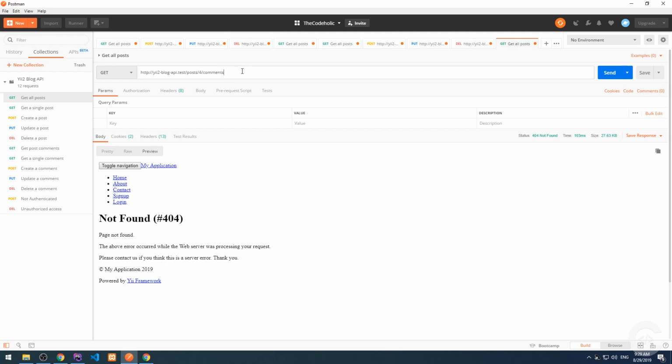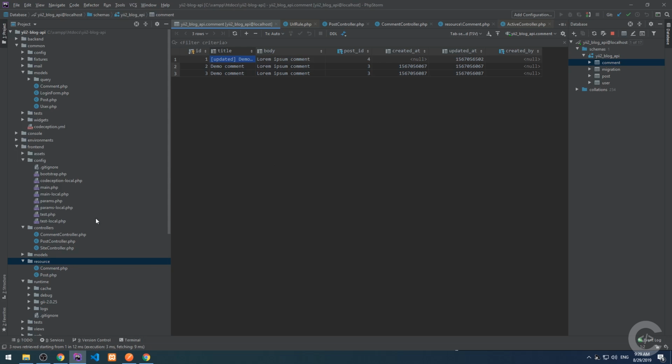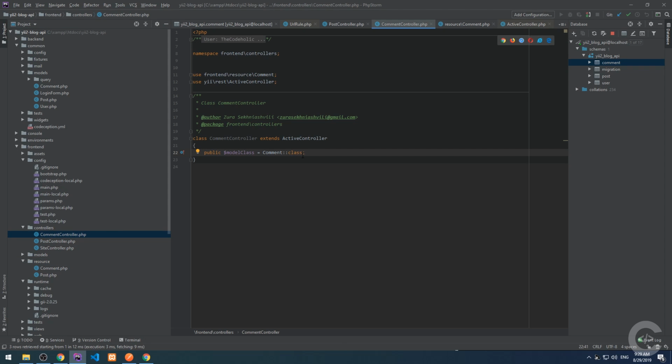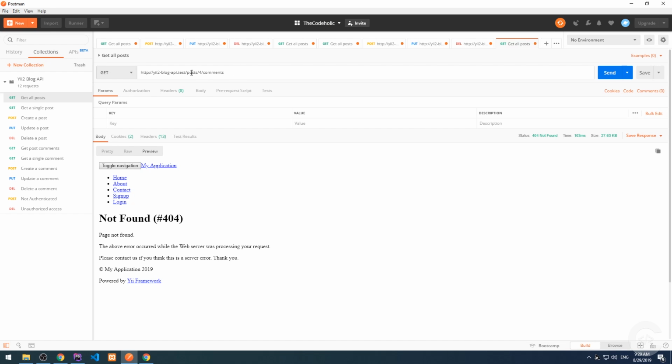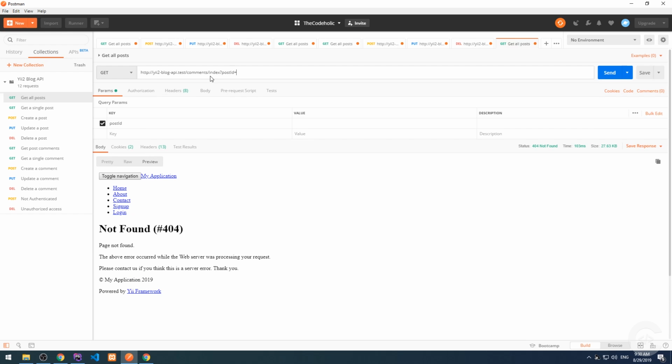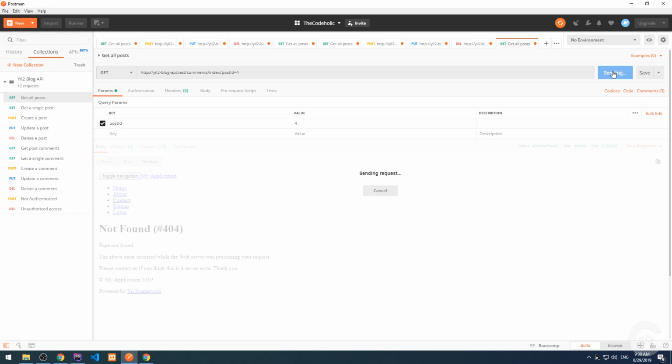Okay, so the URL doesn't exist, and we want to make our comments work. We want to change something in the comment controller so that we get all comments by post ID. Okay, so for the beginning, I'm going to do it like this. The URL basically will look like comments/index, and like post ID is 4. Okay, if we do like this,